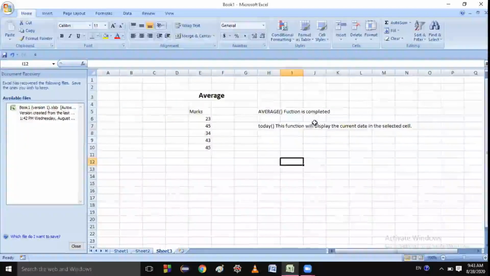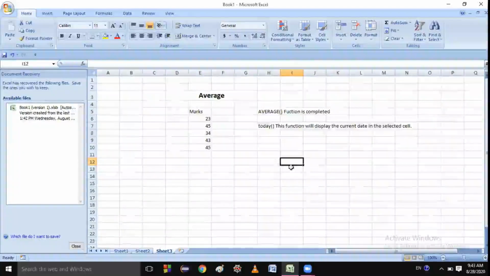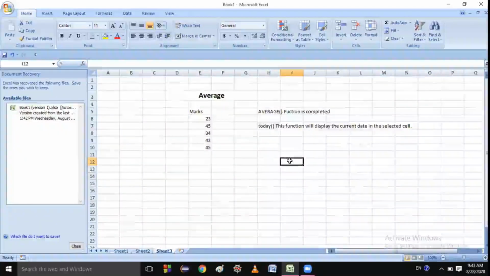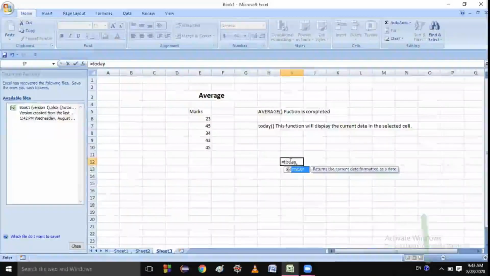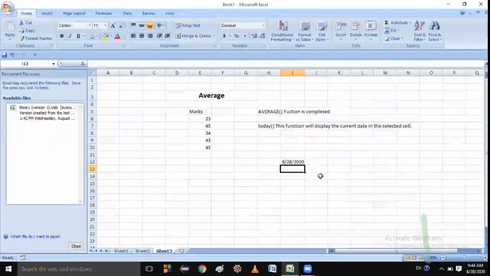Suppose I want the current date over here, so I will write equal to TODAY and bracket and press enter. You got today's date.